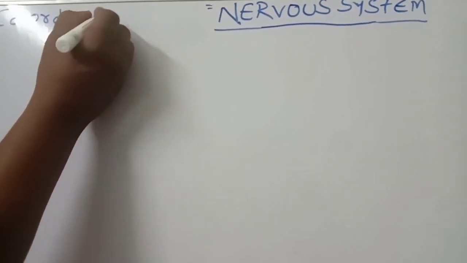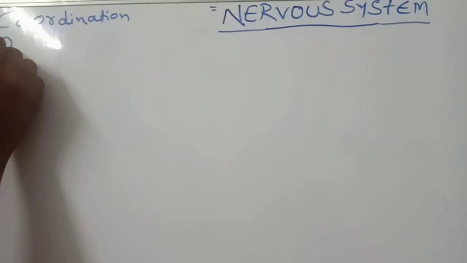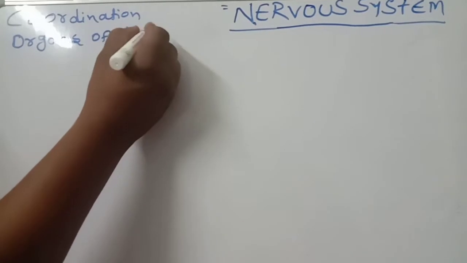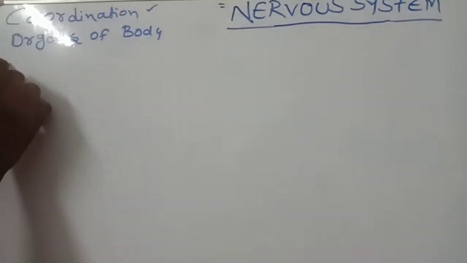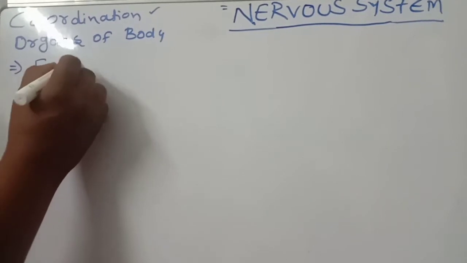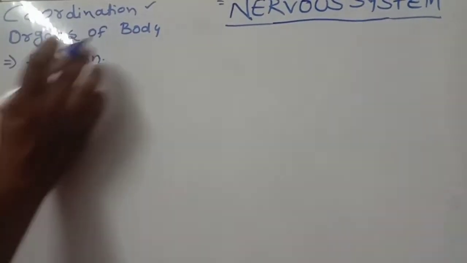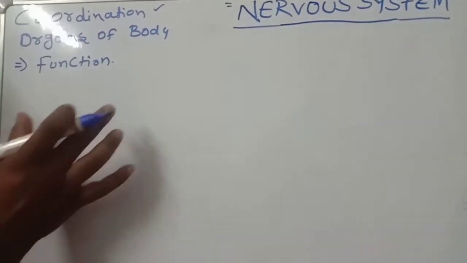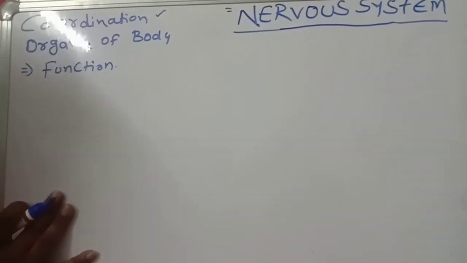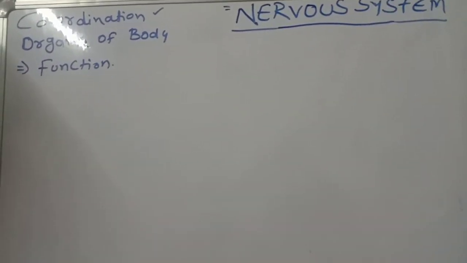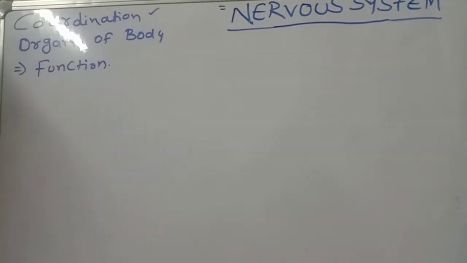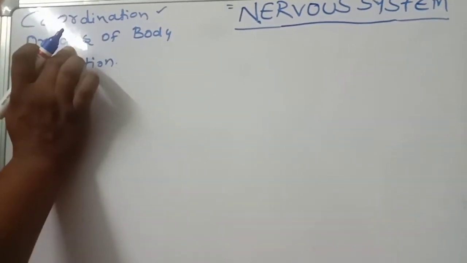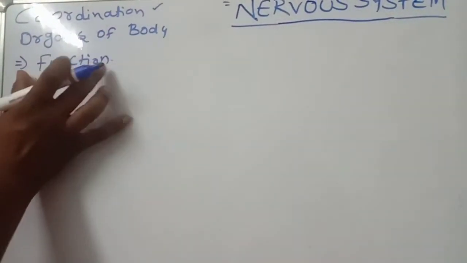Coordination. In between the organs of our body, coordination is required. Only then will the body perform its functions. If coordination is not there, the body cannot perform the functions. Like a cricket team: if there is coordination between the players, the team will win the game. If coordination is not there, the team loses the game. Same like that, for the organs of the body to perform the functions of the body,